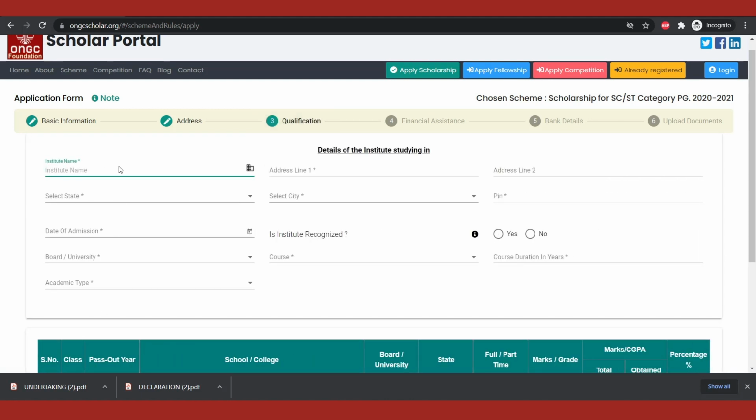Here you can enter the details of the institute you are studying in and your 10th and 12th class marks. Let us take a look at each one by one. First step is to fill in the details of your current institute. You can fill them as shown.